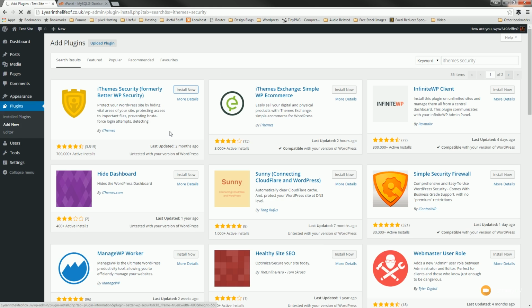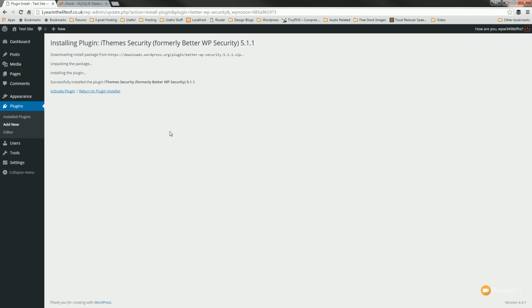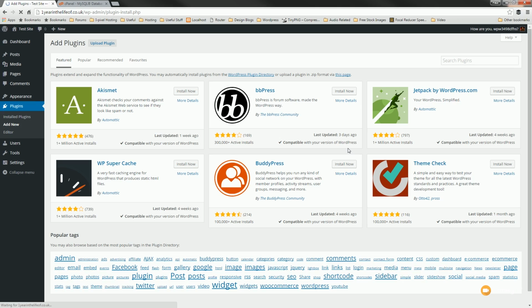We'll let that download. We'll install it. We won't activate it straight away because we'll go and install the next plugin first, and then we can activate it and set all these configuration things up later. So we'll just return to plugin installer, and the next one we're going to do is the SEO plugin, which